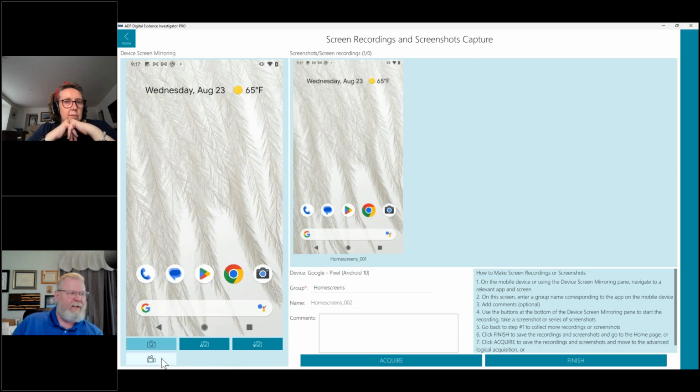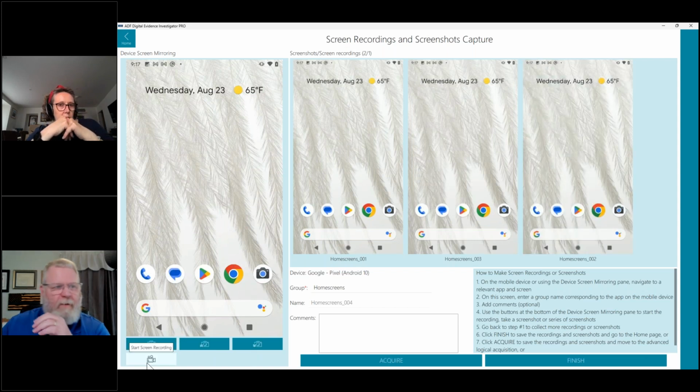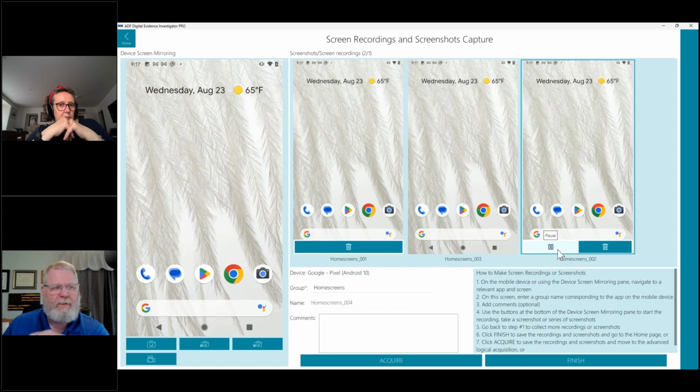We also, if you would like, can record this whole session as well. There's a screen recording button here, and now everything I do is being memorialized in a video as well. And I can take screenshots while the video is running. There are two features that get turned off. I'm going to shut the video off here while we're doing this, just so I can show some of the other features here.